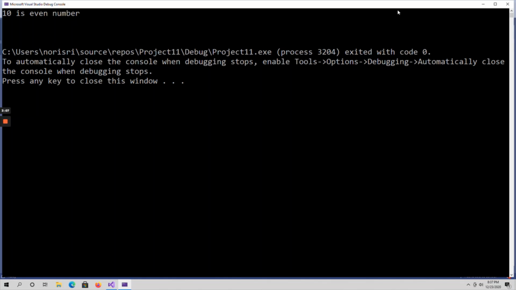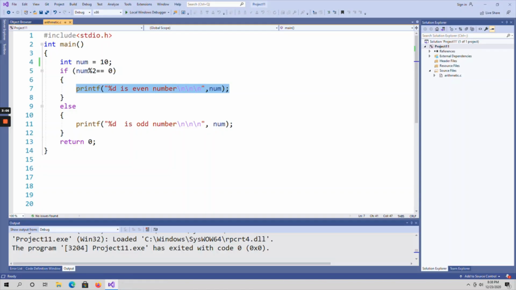Okay, so suppose here I initialize the num variable with 11. So here 11 modulo 2, if you divide 11 by 2, is the remainder 0? No. Now in this case the remainder is 1. So here the if block condition gets false.